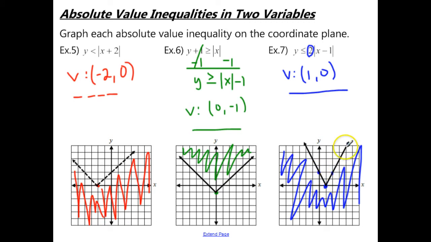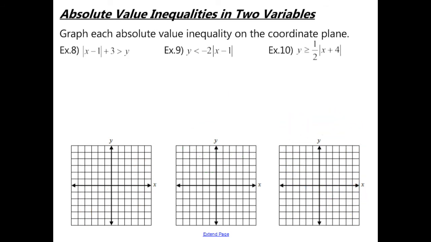Okay. Then you can connect those points and make that V with solid lines. And then because y is less than, you want to shade everything on the bottom portion of that absolute value graph. Now I want you to take what we talked about in the previous lesson about absolute value